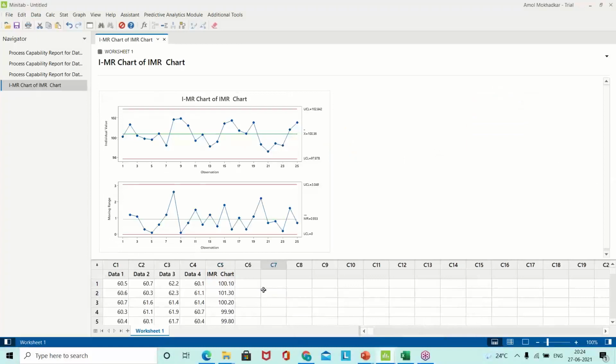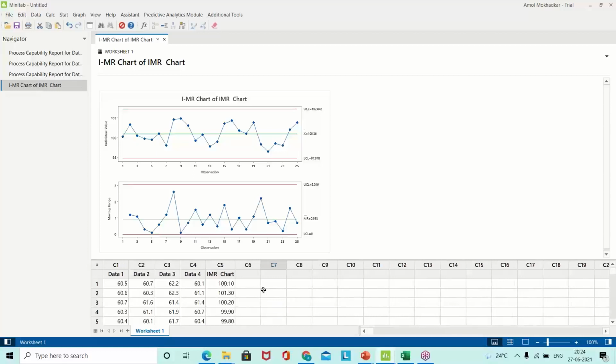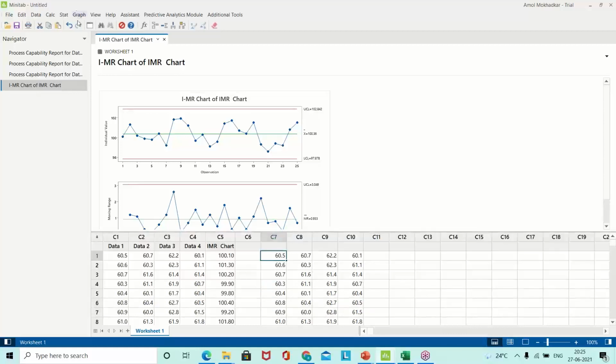Yes, sir. So this is the trial version I have downloaded because the license version is too costly. You people can also download it. It is a 30-day trial. Okay, you can go to the internet and check how to download this one. Now this data, I am just putting the data here. Okay, and the copied data, this data sheet works like an Excel sheet. But inside there is a lot of functionality. So now, for example, I say subgroup, I will say sub 1, sub 2, so that we know this is test 1, test 2 data.